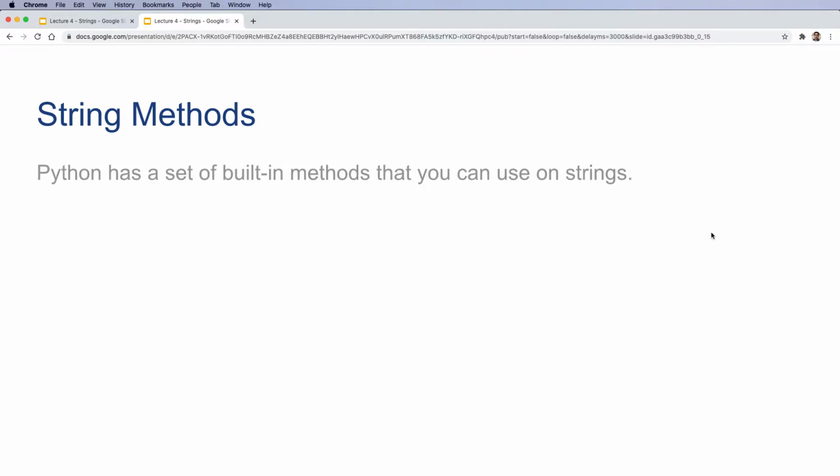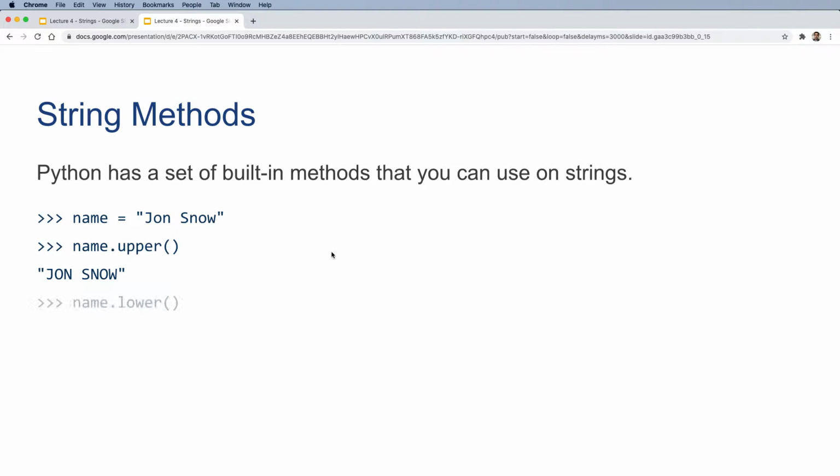In this video, we're going to talk about string methods. Python has a set of built-in methods that you can use on strings, and here are some of them. So first, let's create a string name, Jon Snow, and then we can call name.upper, which in this case we're calling the upper method with the dot notation. And then we'll have a new string with all letters capitalized,